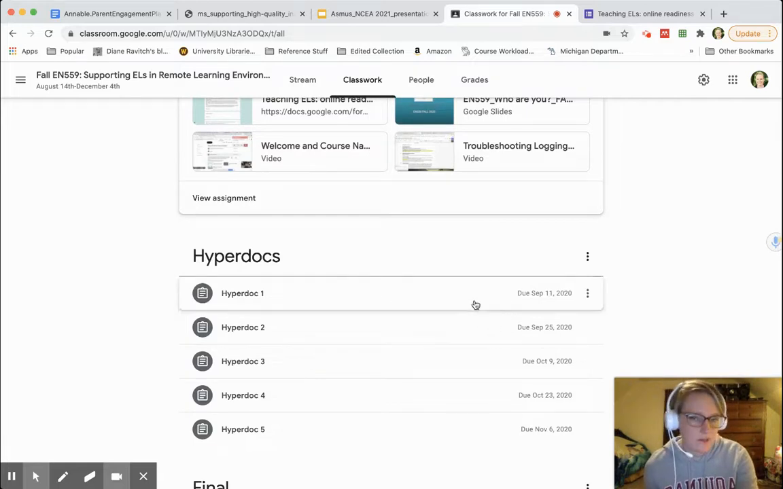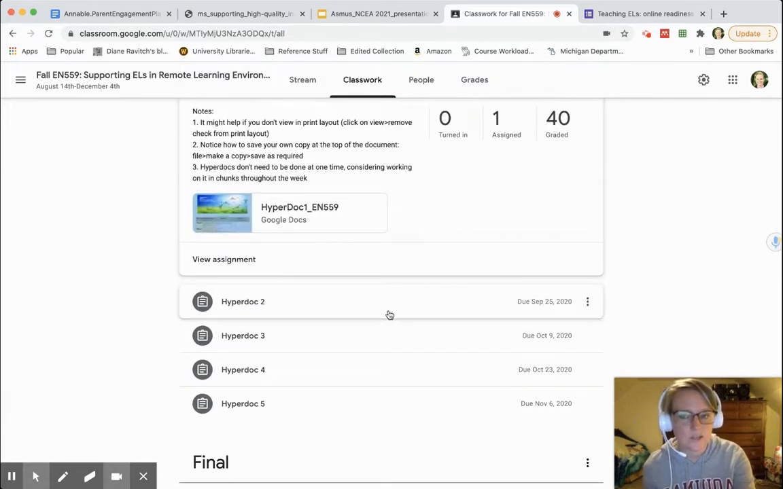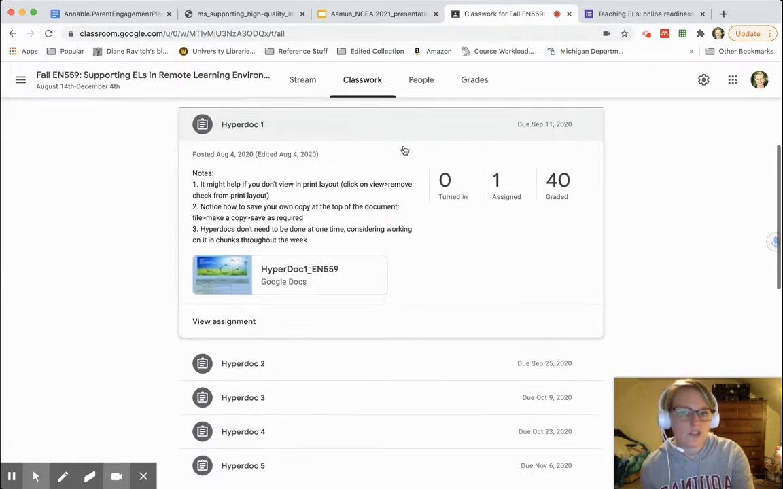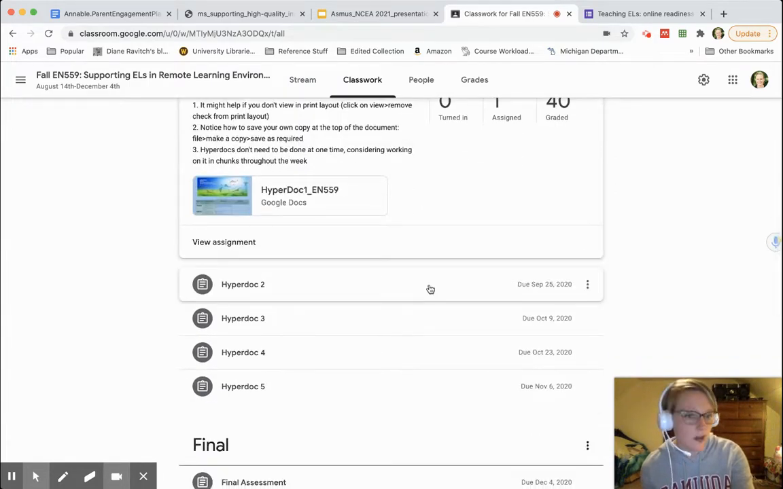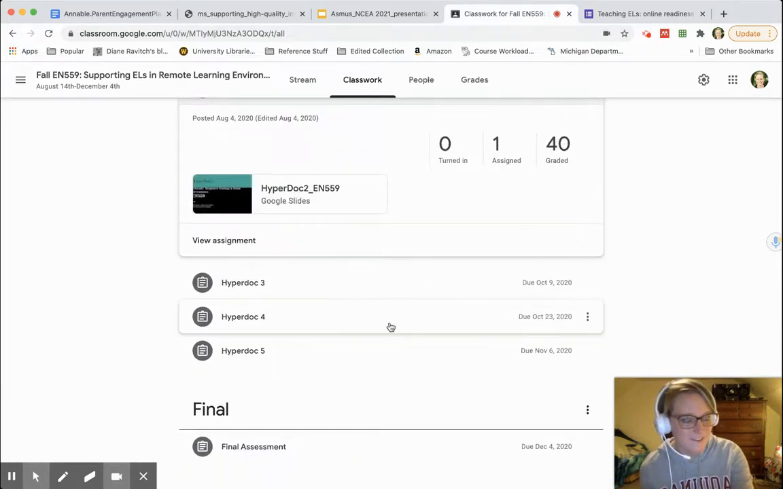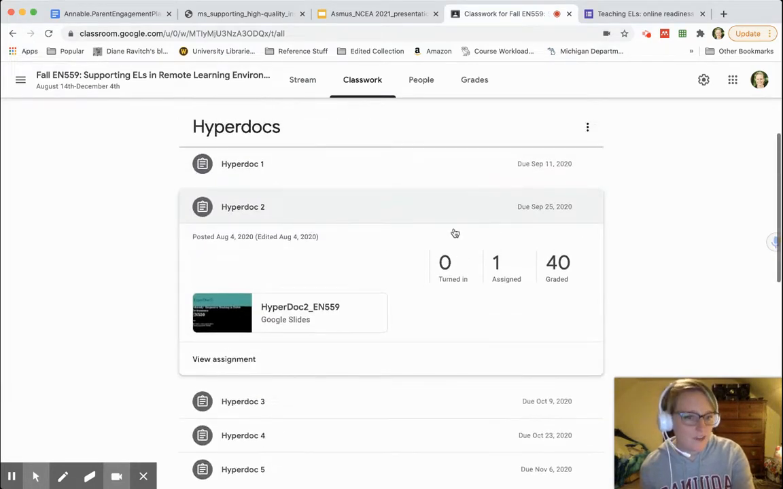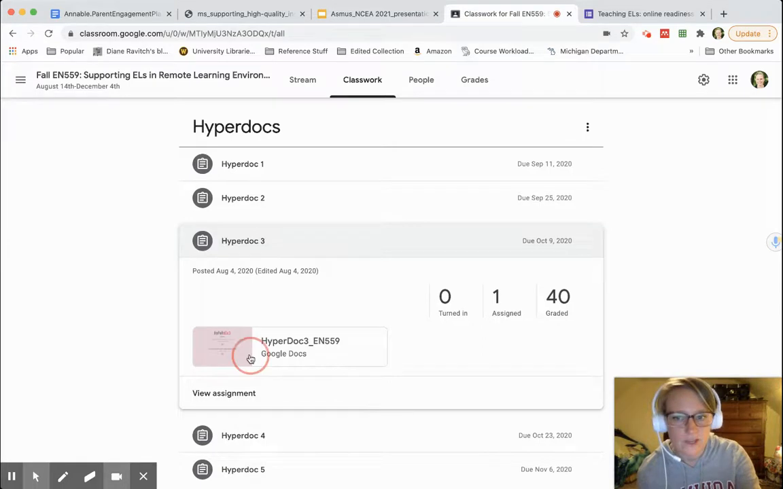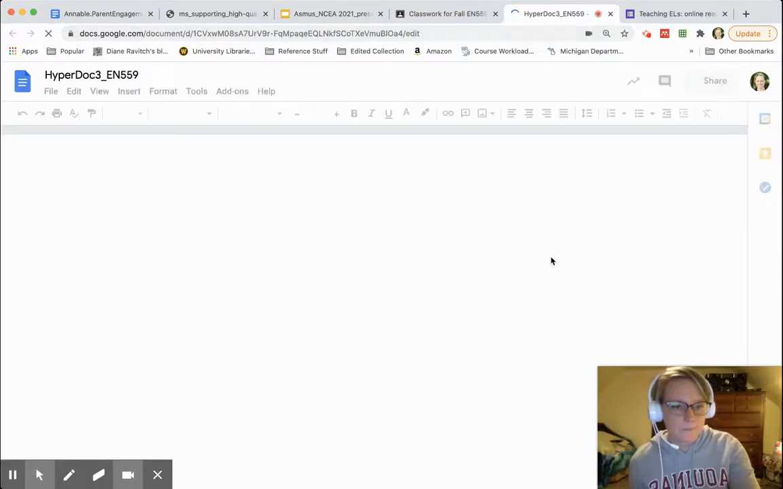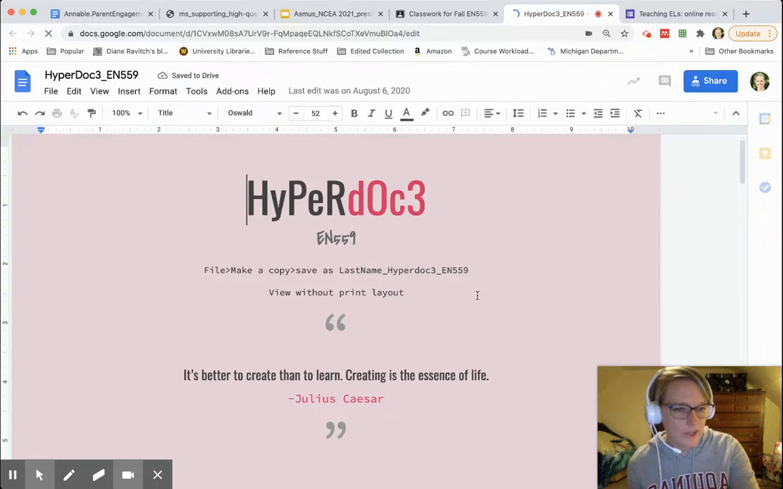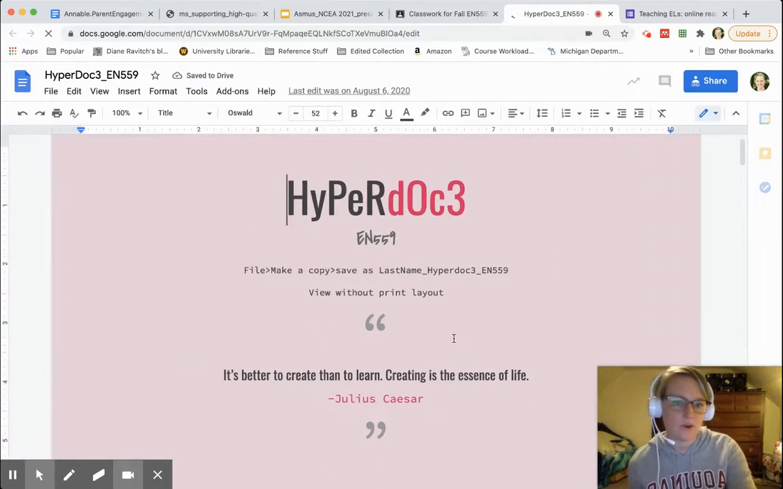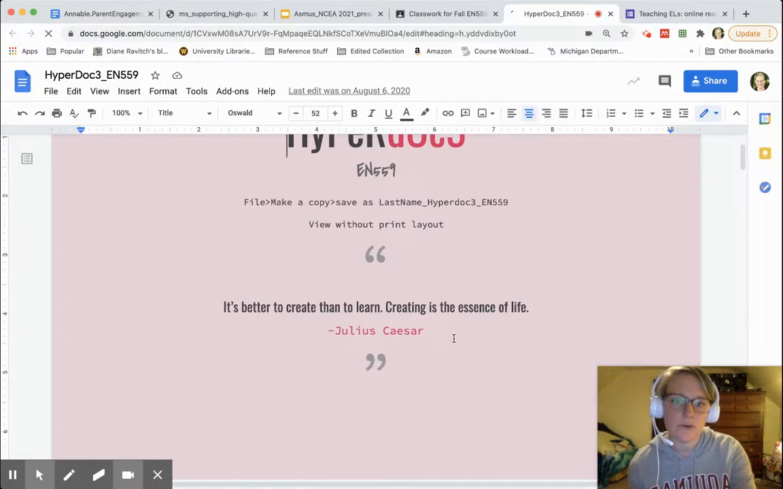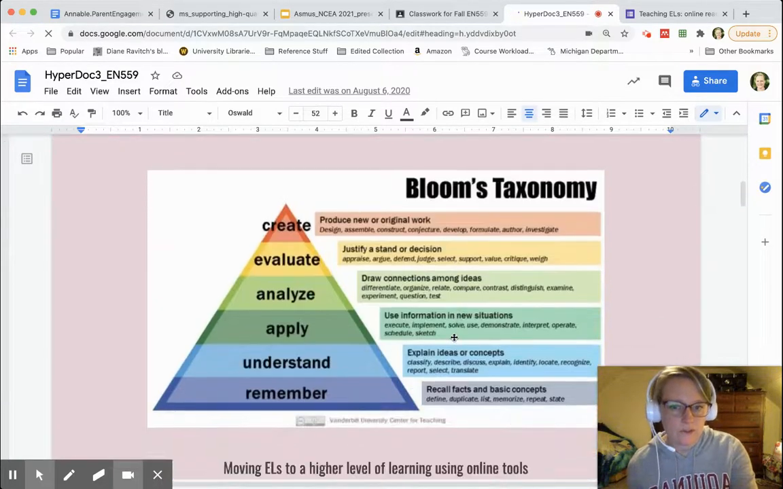The bulk of the course is organized into hyperdocs, as I mentioned. So these essentially are Google Docs, or in some cases, slides, that contain a variety of readings, resources, and activities. And so I'll show you just one of these so you can kind of get an idea for it. They all have kind of like a different theme or different aspect of supporting language learners in remote environments. So this particular hyperdoc